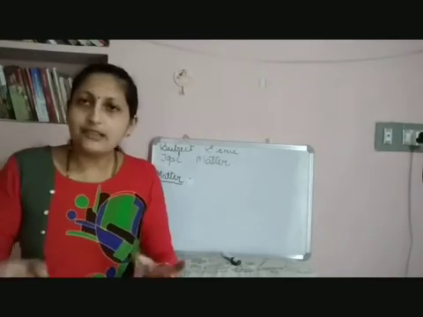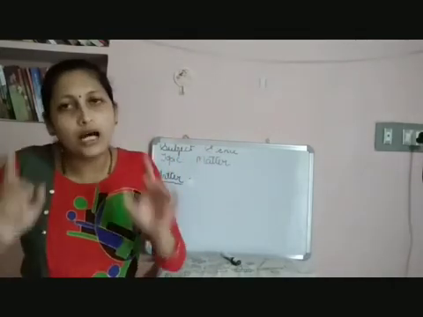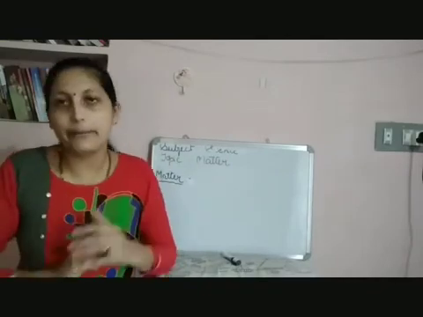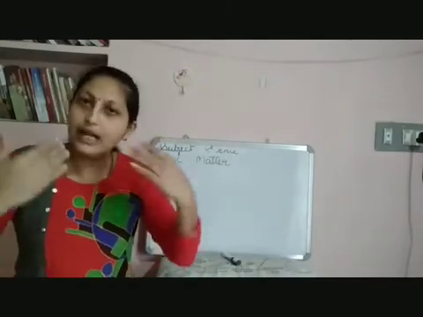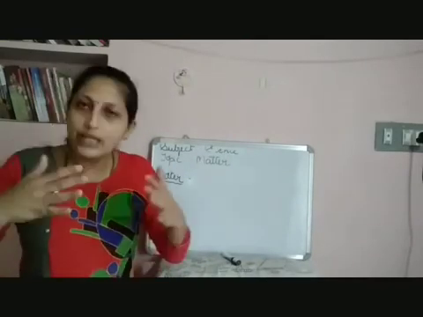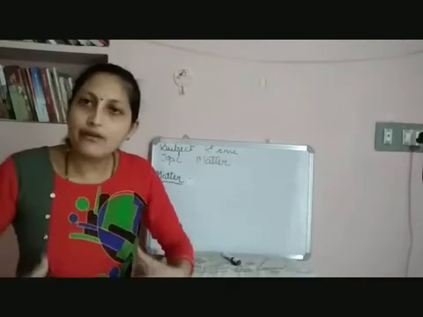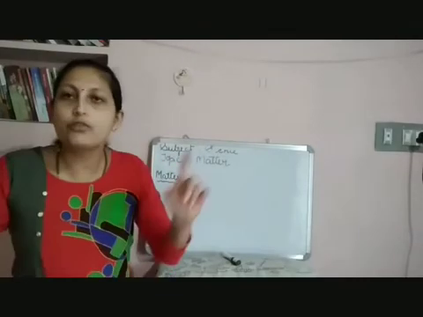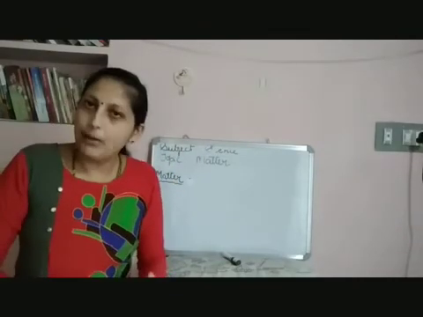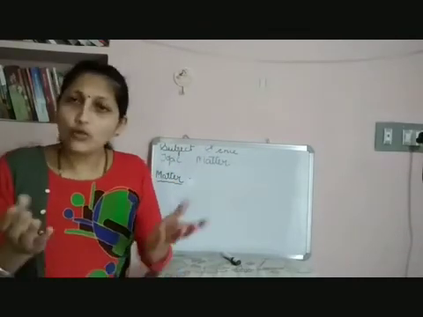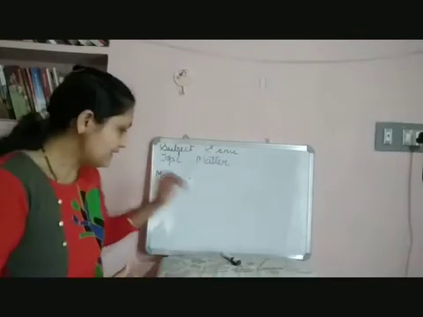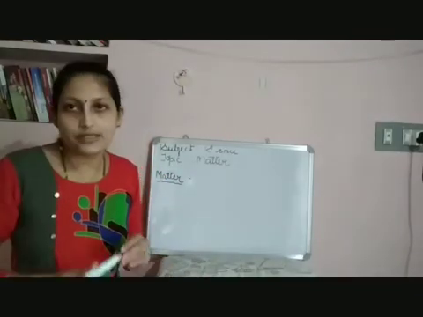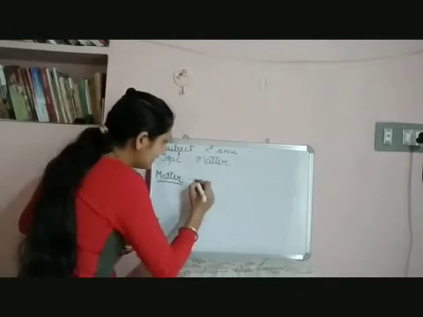So the things that you see around you all are matter. All the things are made up of matter. Even we are made up of matter. We occupy space. We have our own weight, isn't it? So all the objects that you see around you are made up of matter. So what is matter? Matter is nothing but any substance